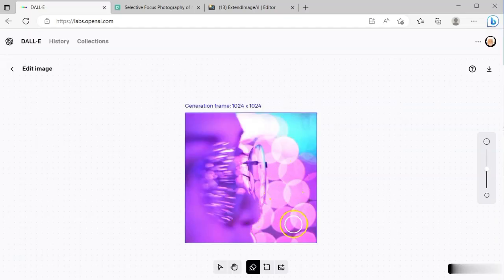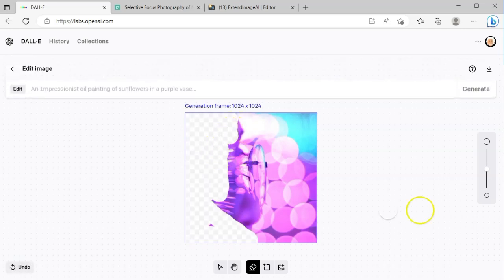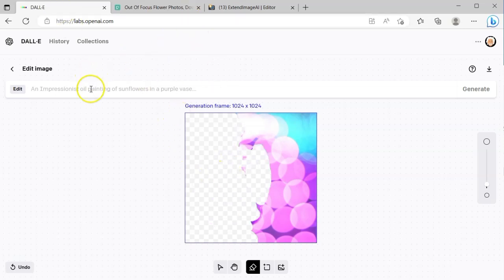Yeah. So now I need to choose the area which I want to replace. So I'll just choose this area, the complete face, and to work with the edges I will just reduce the size of the brush and then work, so it is easier for me to choose the exact places that I want. Okay, so we'll just describe it as face of a girl looking at light wearing a rounded speck in camera